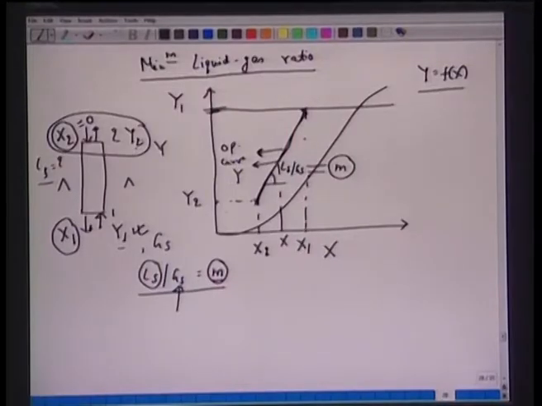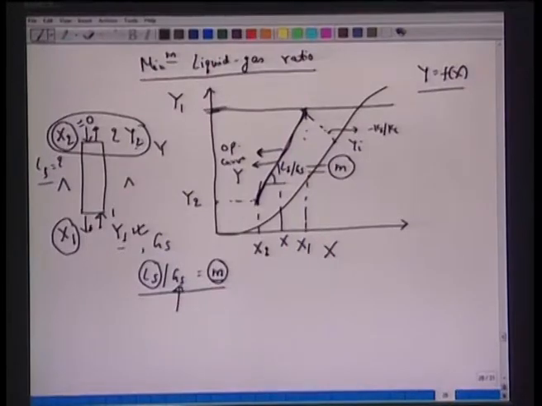We can address how much the driving force is, maybe for y1. If we draw another line of kL by kG, that will give us the interfacial concentration, etc. One can find the driving force. All right. So the second thing which we want to address here is, if we change the slope of this line, let's increase Ls by Gs.